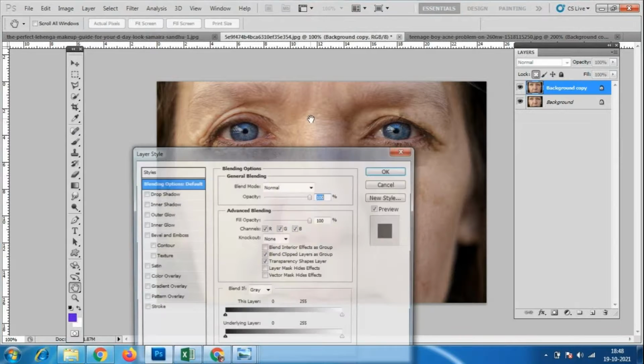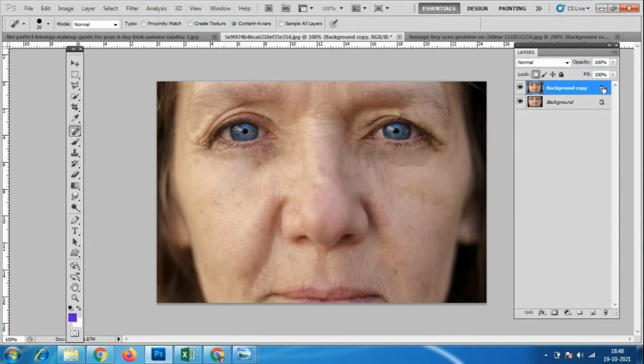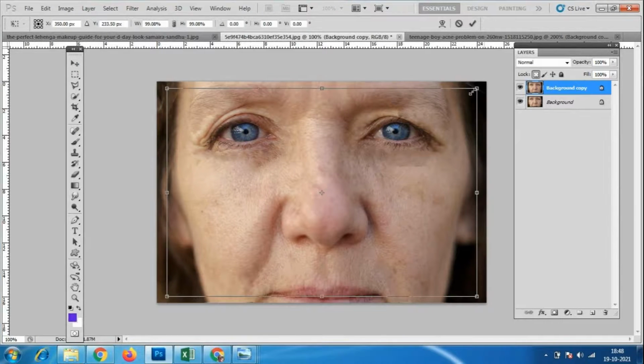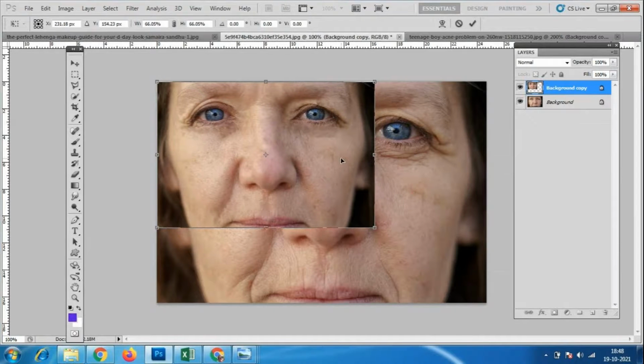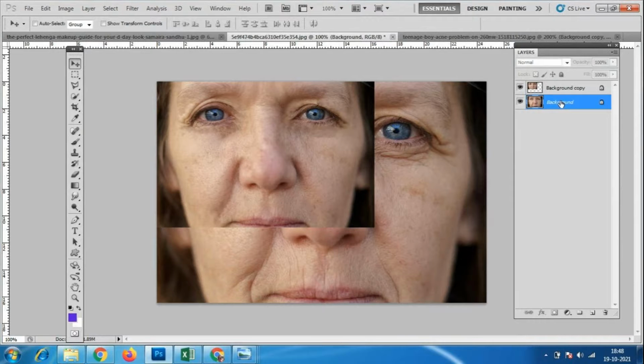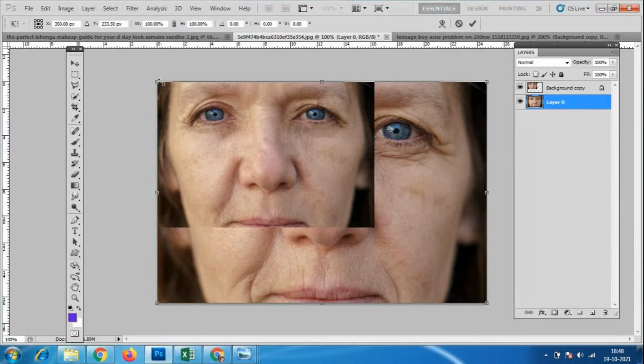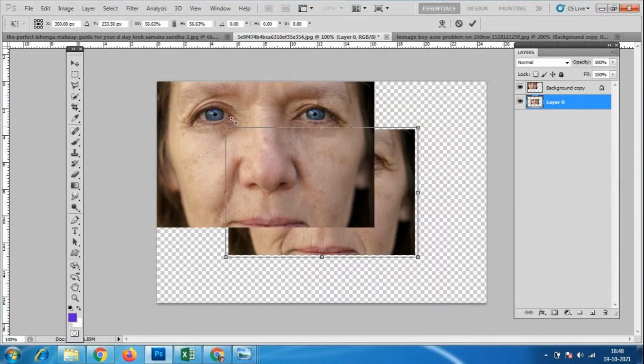What is this? I have locked this layer. Okay. Control T. So we can keep two images like this. One image is here, one image is here. I'll open the lock, double click on this, Control T, and you can keep it like this.